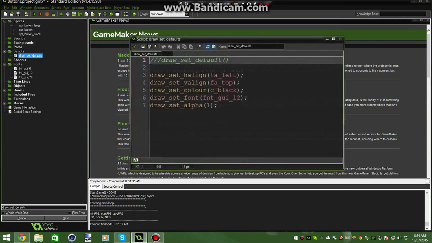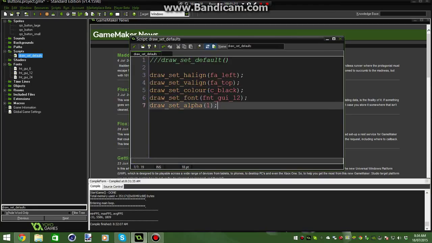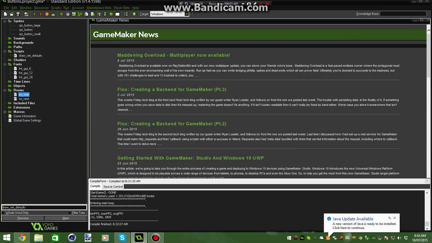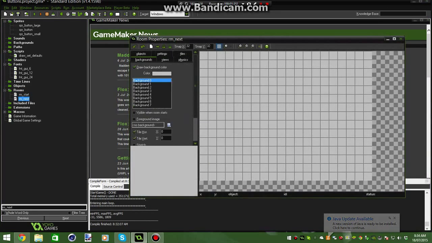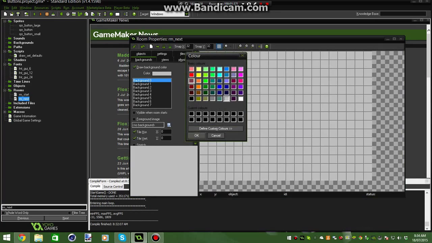And quickly, I have this script just so I can reset all the draw settings back to default quickly. If you want to have that script in your projects, you can use it. I also have 2 rooms, to show the buttons work. So quickly I make this red to make sure